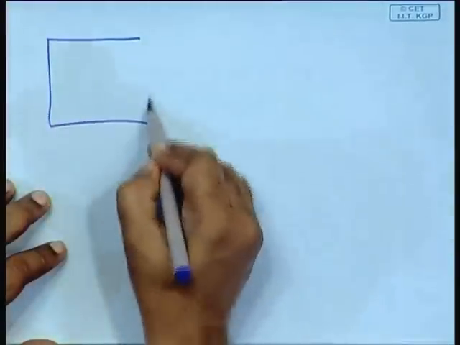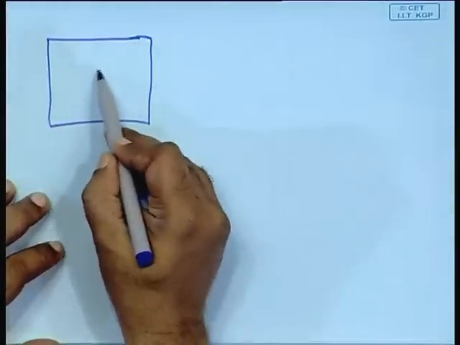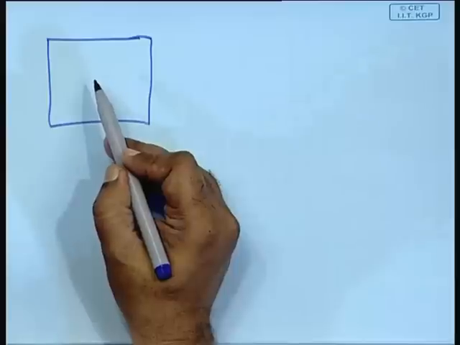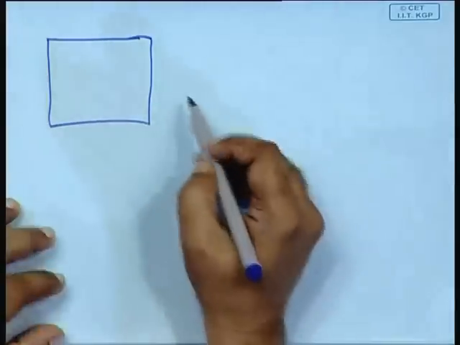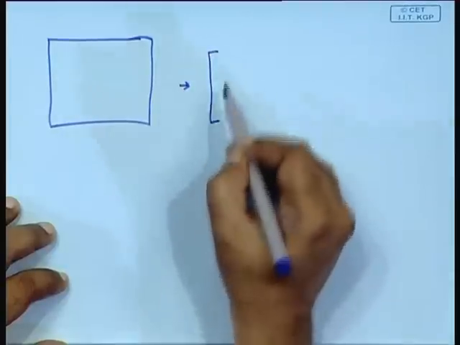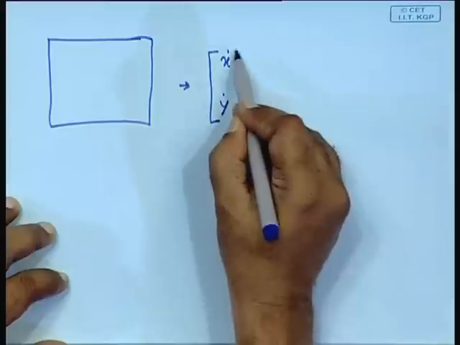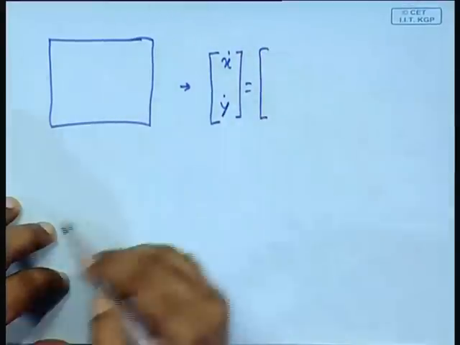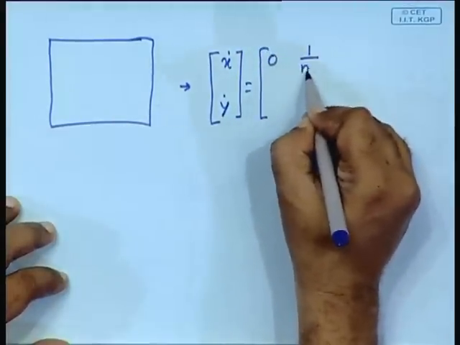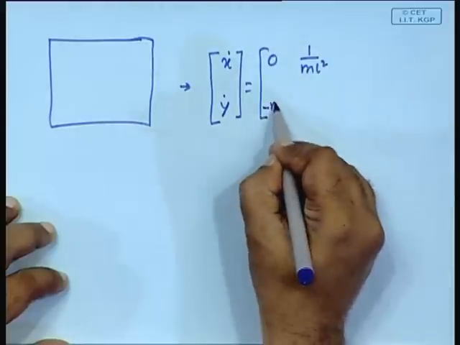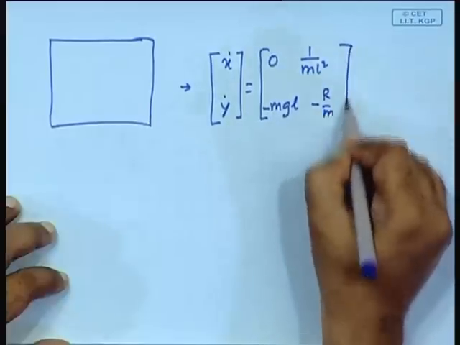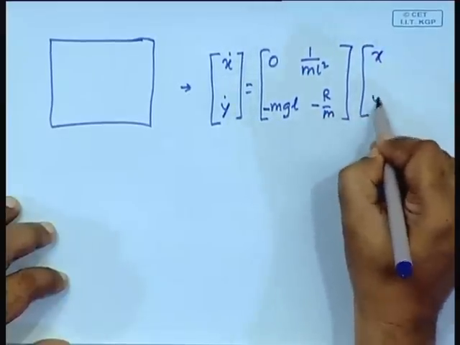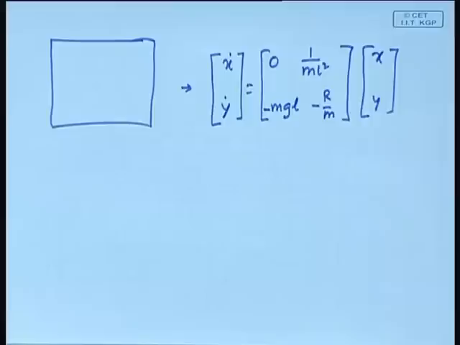Therefore, when you have evaluated the Jacobian, then you will say that here is the total system, but now we will define a coordinate system that is valid in the immediate neighborhood of the equilibrium point, let that be x and y. So, there the equation would be x dot, y dot is equal to this, 1 by m L square, minus m g l, minus r by m, x y. Happy?